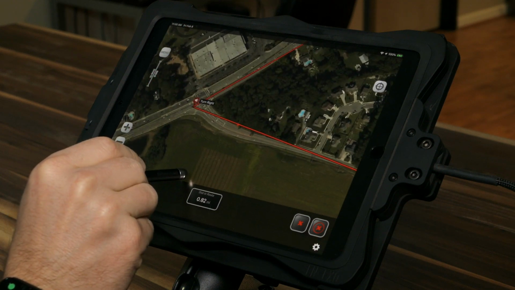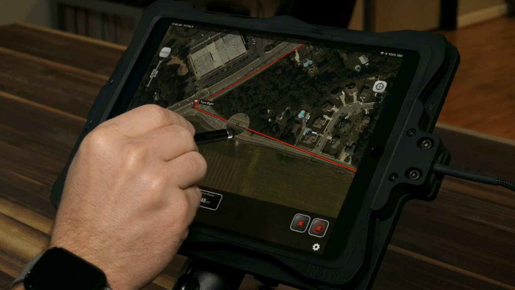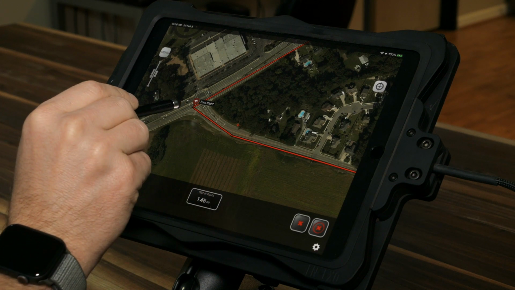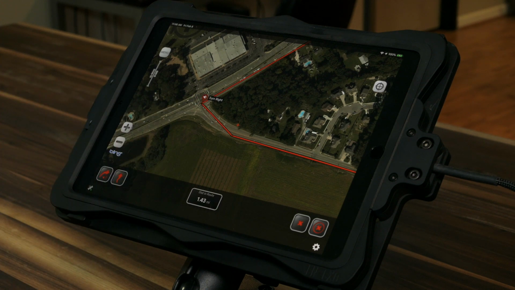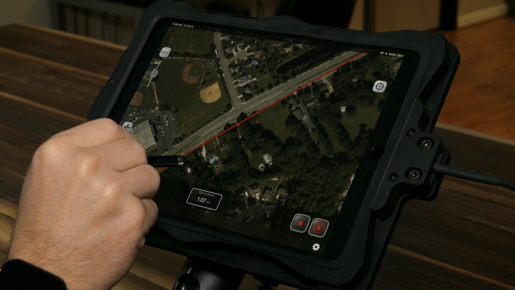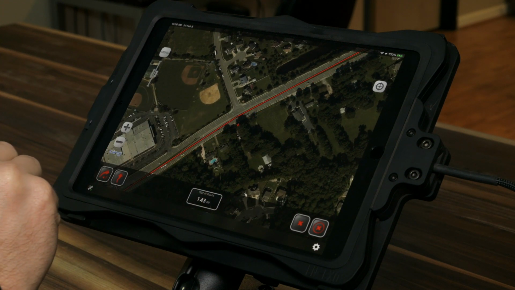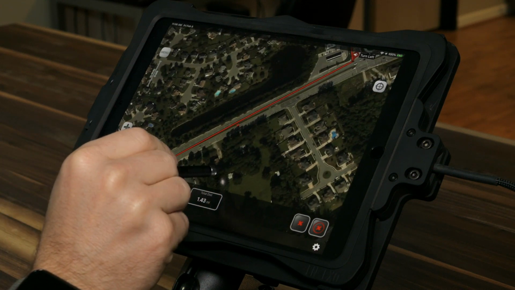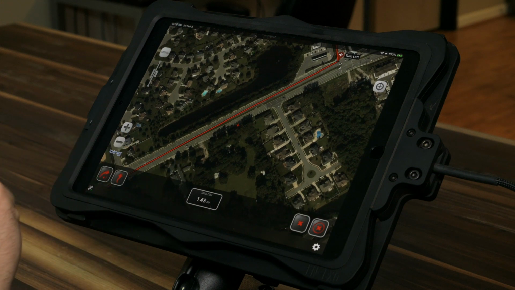I can go down here, click on that, drag it to the bend in the road. This turn right's a little off, so I'm going to put it right here in the middle of the intersection. Same thing down here. Boom. Now just know, if you are too far off of the route line and I try to drop something,